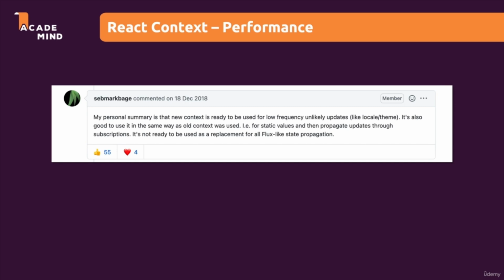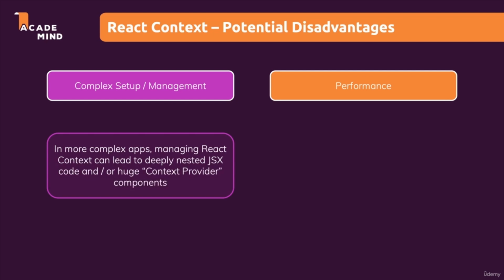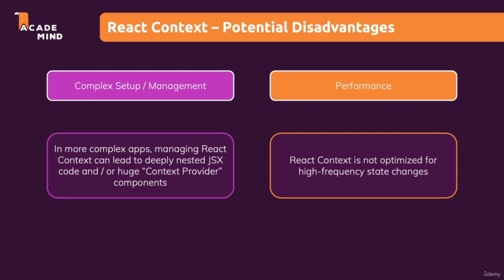So he says that React context is not really a great replacement for Redux in all scenarios, in all cases. So therefore, that's our second disadvantage. Performance can be bad if you're managing the wrong kinds of state with React context. Now, therefore, to sum it up, we have the complex setup and management disadvantage because we may end up with deeply nested JSX code and a lot of different context providers, or with one huge context provider, which is not maintainable. On the other hand, we have potential performance issues because we should not use React context for high-frequency state